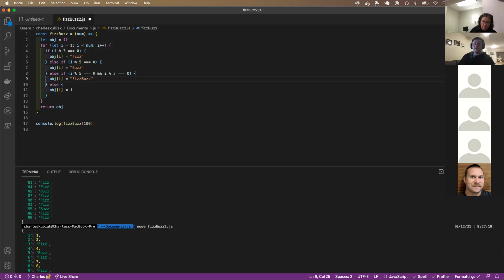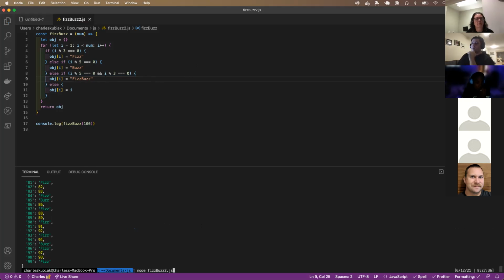Did anyone try and do it this way, where they got the FizzBuzz as their third case? We did. Well, we tried it that way, but it didn't work. Right, and